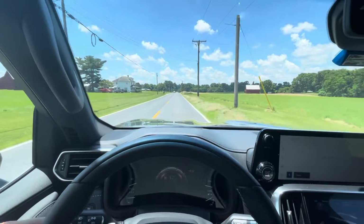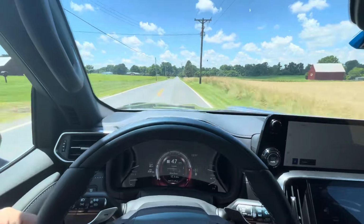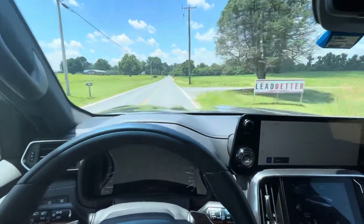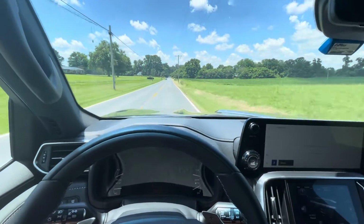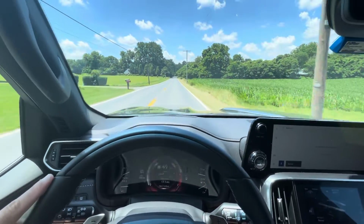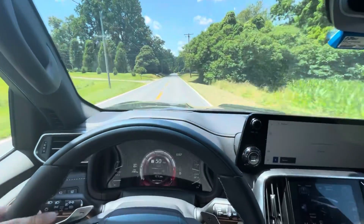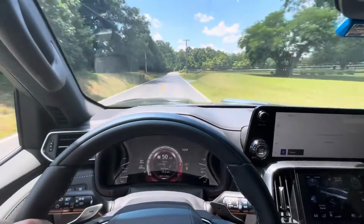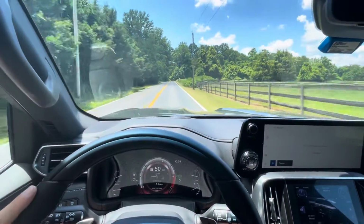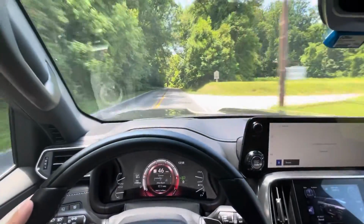But the question is, is it a $127,000 phenomenal experience? And that's the tough part, right? But if you're shopping for this particular vehicle, perhaps you're not too concerned about the final price tag. Granted, this one, to be fair, is the Ultra Luxury LX600, so it is the top of the line, top trim, and substantially more than the standard LX600 or even the Premium, really, which I believe starts at right around 88,000. So this is substantially more, but you get all of the bells and whistles throughout it,